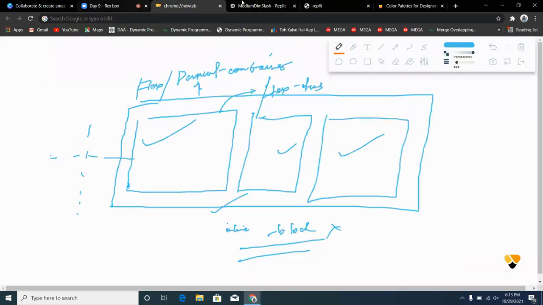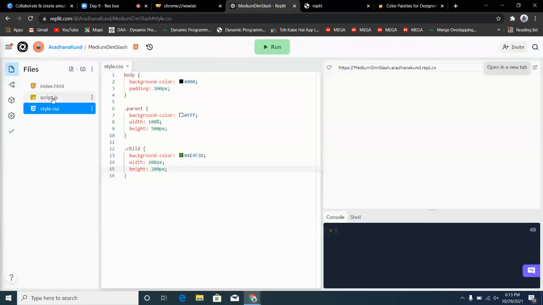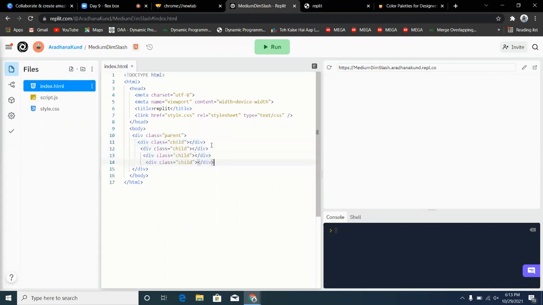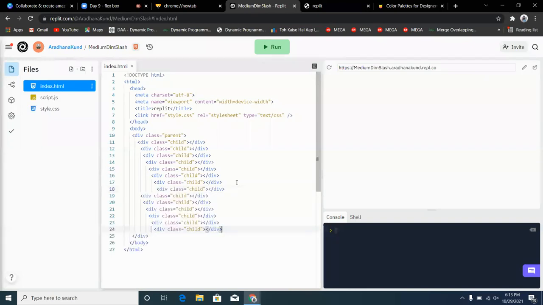For Flex to work, we need more than one child. So what I'll do over here is copy this particular division and paste it again and again. Let us copy these things again and paste them again over here and again over here. Okay, now if I go and refresh it,